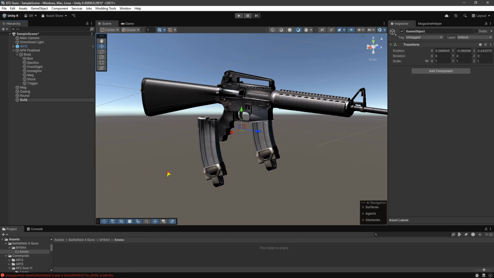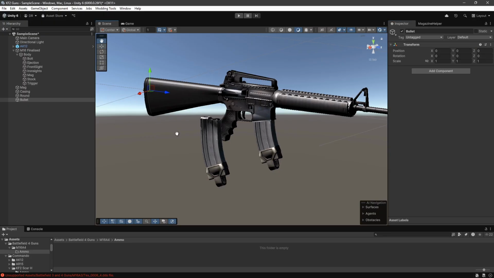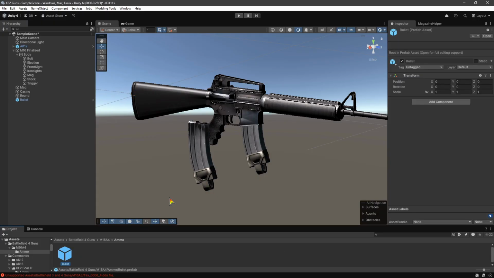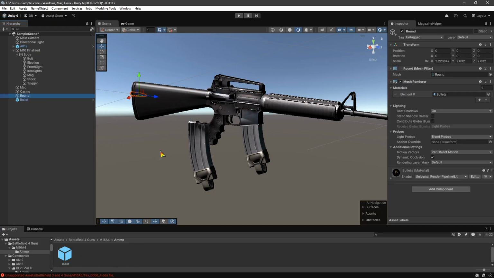This is gonna be the bullet. The bullet is the projectile that the gun fires itself. It doesn't really have to be anything. Doesn't have to be a 3D model or anything. It'll all work the same regardless of what it looks like. So I usually prefer to just make it a simple little game object, make it an empty, drag it down, make it a prefab. That's usually what I do. As for the round,